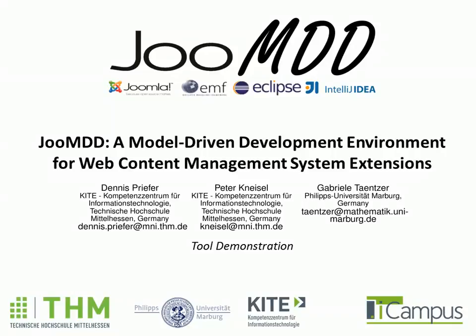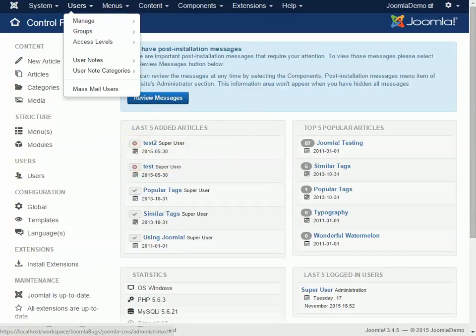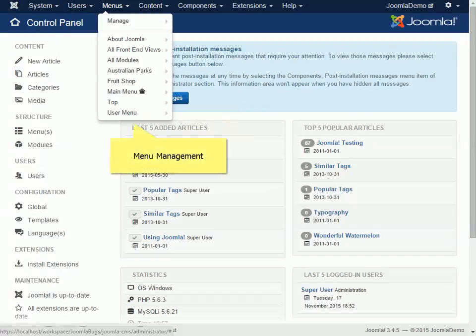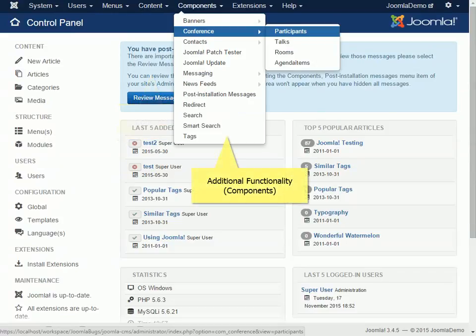Welcome to the demonstration of JooMDD, an environment for the model-driven development of Joomla extensions. Joomla is a widely used web content management system, which can be used as a platform for dynamic web applications by experienced web designers and inexperienced users alike. Joomla brings its own user management, menu management, content management, and can be functionally extended by components and other extension